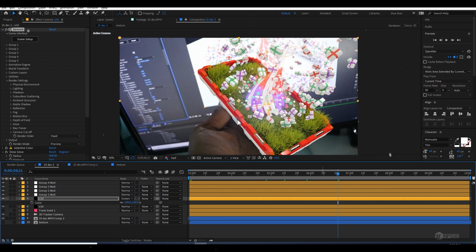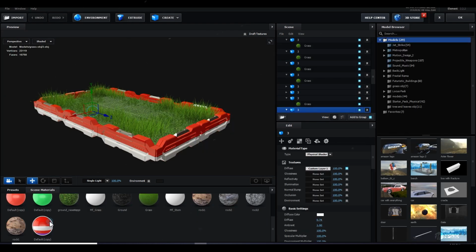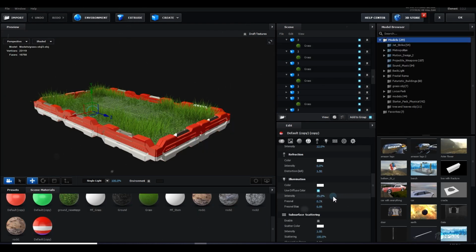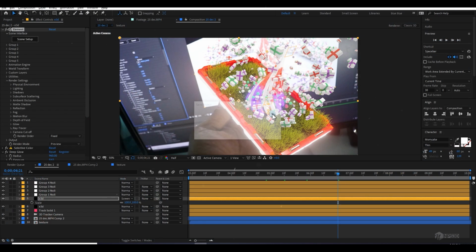And you can also make this object a little more shiny. So I will select this material and maybe increase the illumination amount a little more. And hit OK. And now you can see they are lighting up.